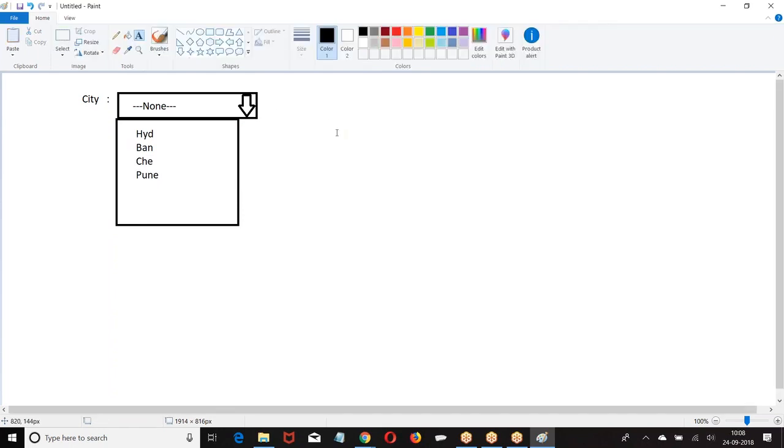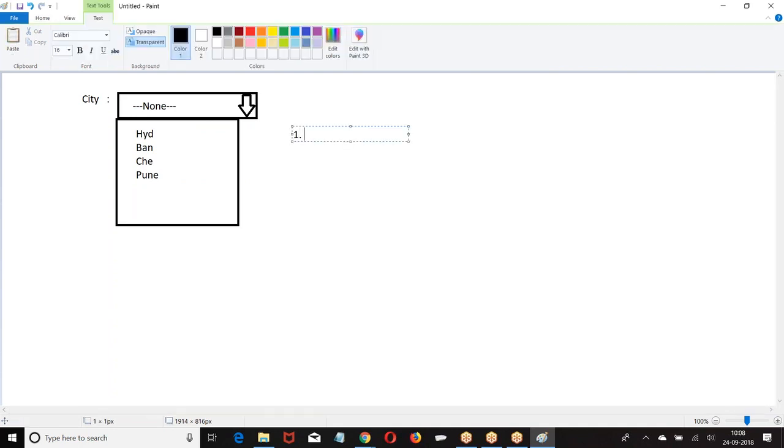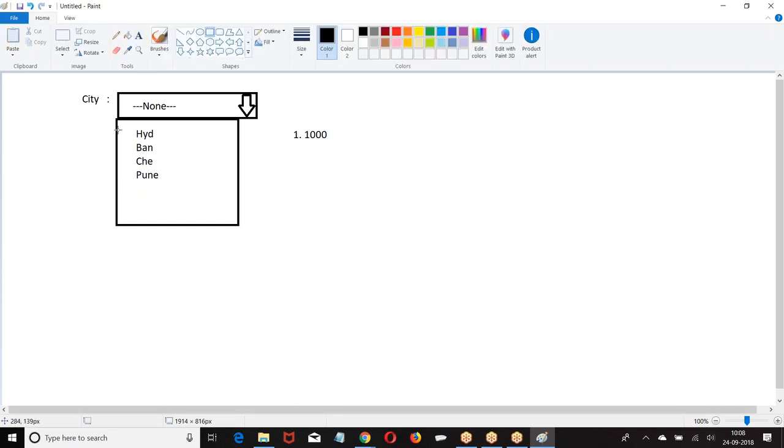First question, in the drop down list, how many options can you enter? I give only 4 options. Maximum how many can you enter? 1000 options. Out of 1000 options, how many can you select? 1 option.